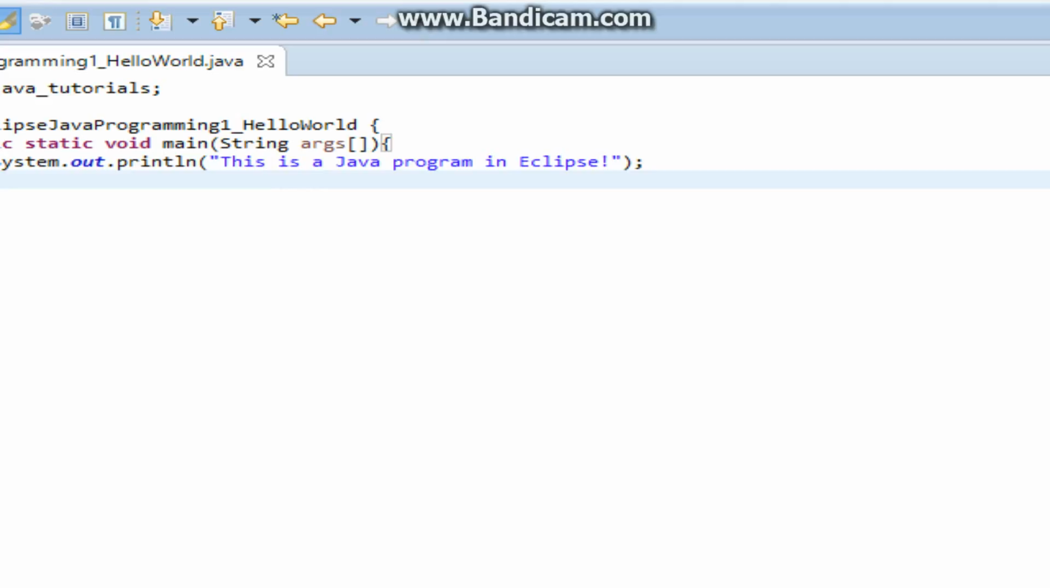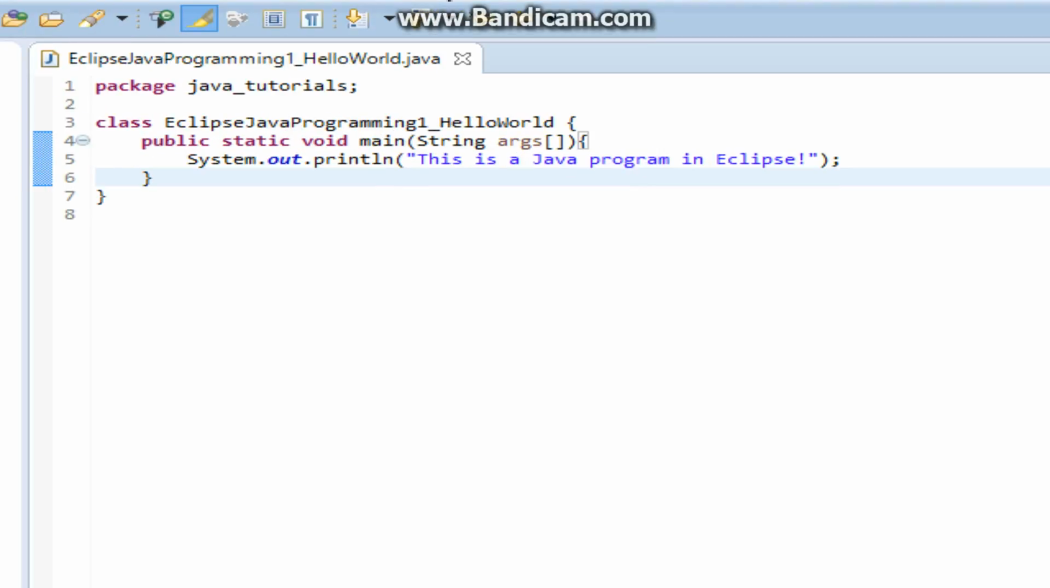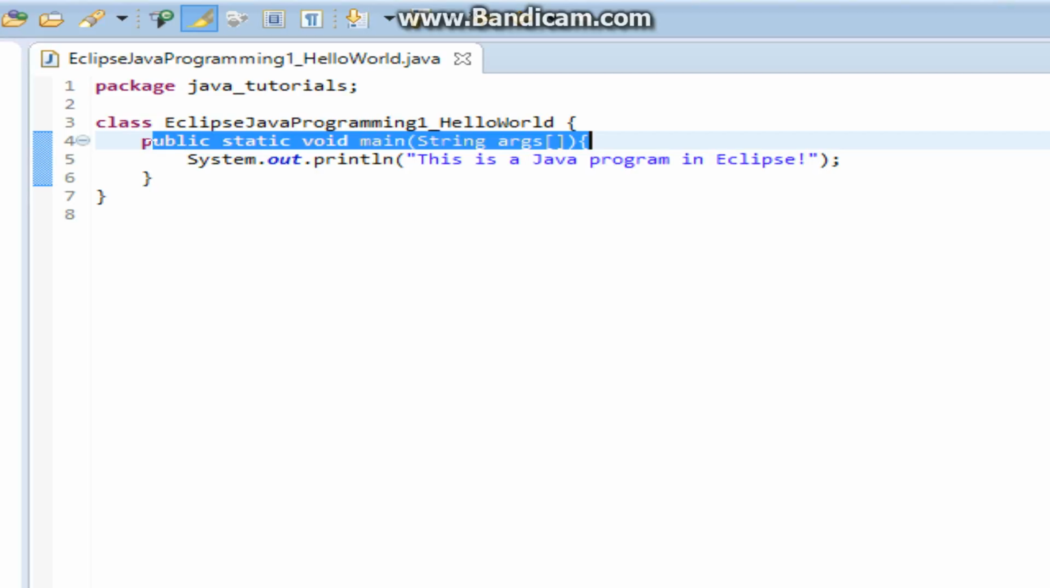So, as you can see, this is how you make a Hello World program in Eclipse. Now, let me just tell you how everything works. When you run the program, the computer looks for the method called main. We have that method right here, public static void main. Once it finds that method called main, it goes and looks inside of what's in the method, and it says